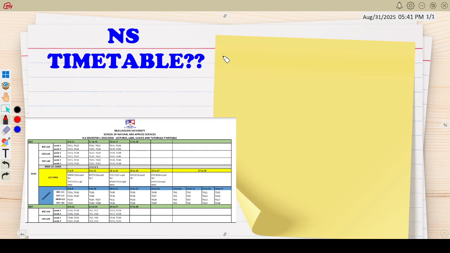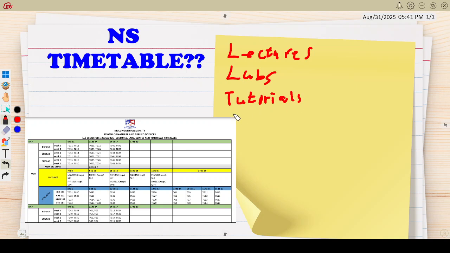So now, the timetable shows you everything. It shows you the lectures. It shows you the labs. It shows you the tutorials. It also shows you the math clinics. Yeah, so to start with the frequently asked questions, you have already observed that when you look at the timetable which has been shared,